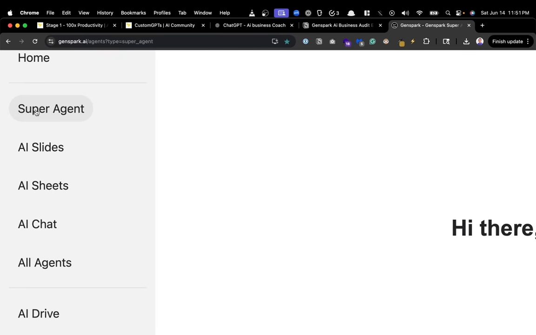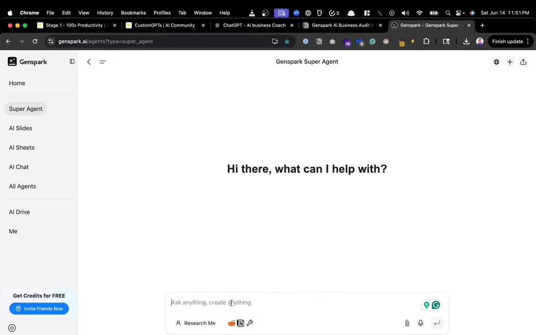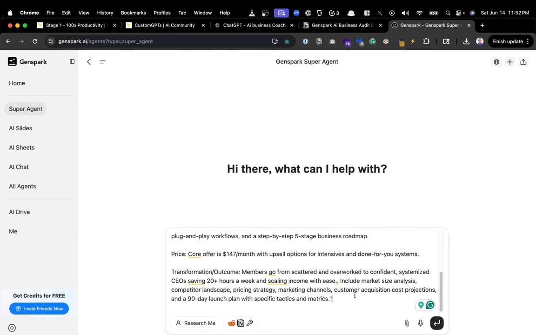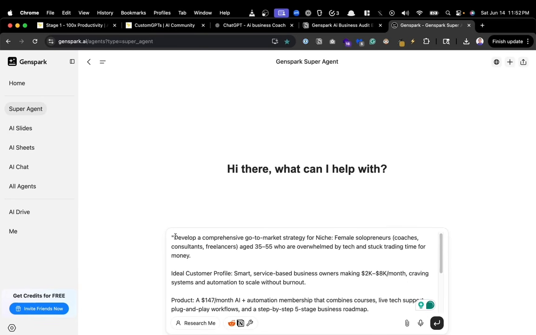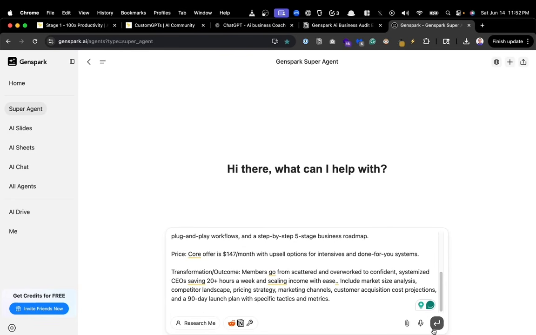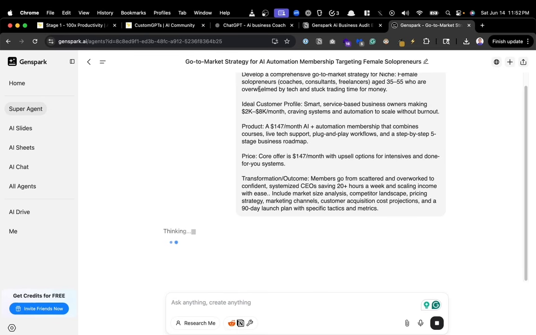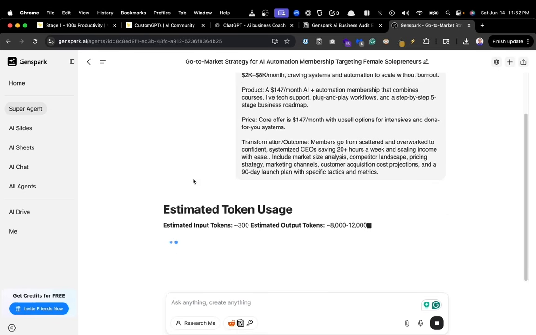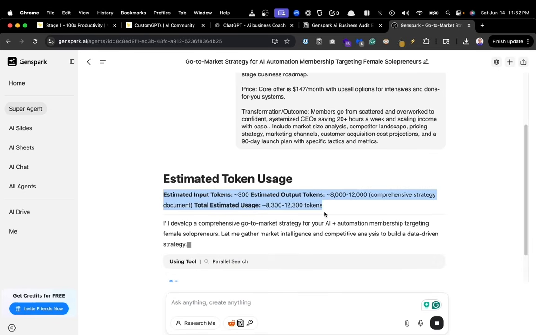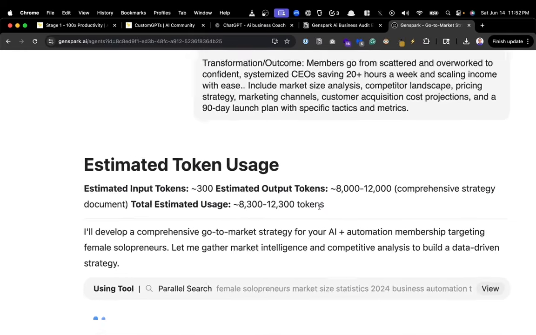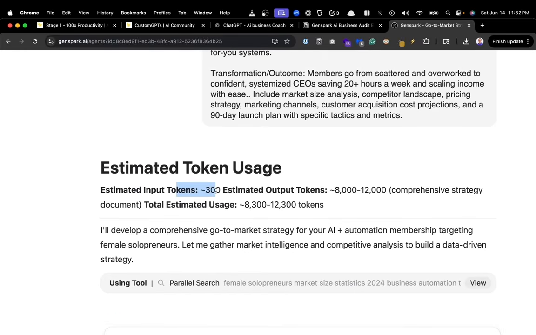We're in super agent mode right here. And then we're just going to go down and paste. And then we're going to remove the quotes. Just remove that, remove this quote, done. That's it. And then click submit. Now, Genspark immediately, as it's starting to think and work, and look, there's our preference prompt right here that we added from our preferences to say, hey, estimated token, 300 tokens, estimated output tokens, 8,000 tokens. It's going to estimate usage about 8,000 to 23